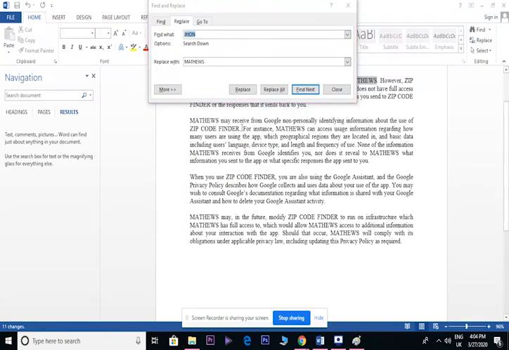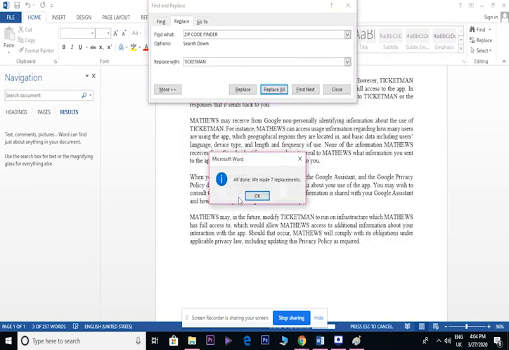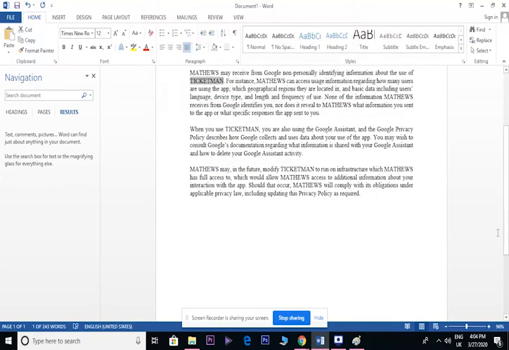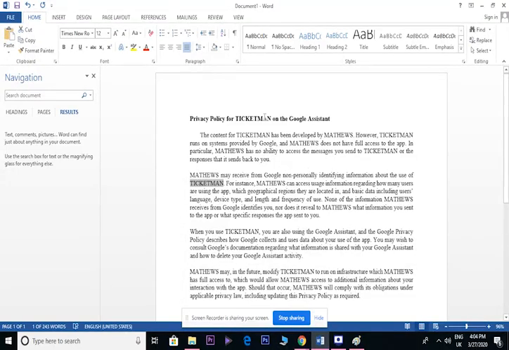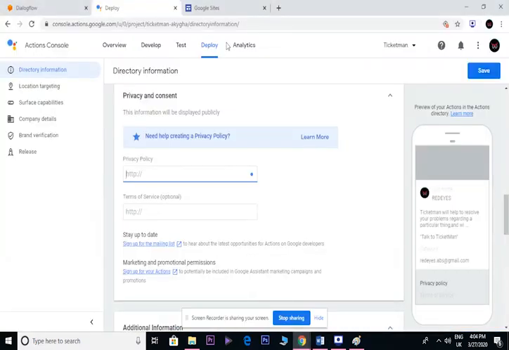and replace Zip Code Finder with Ticketman. Just replace all. So I have just replaced my old project name with Ticketman and the developer name with Matthews. So you just make it in your Word file, and the next thing you need to do is